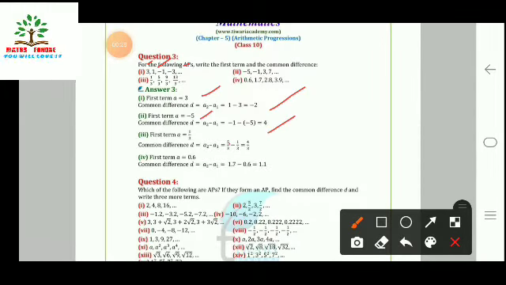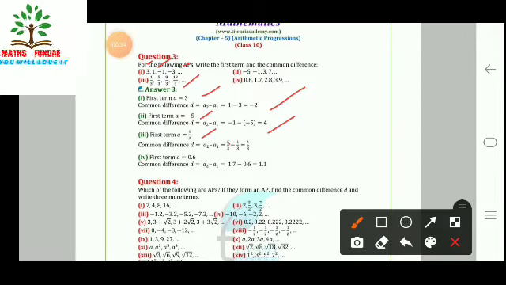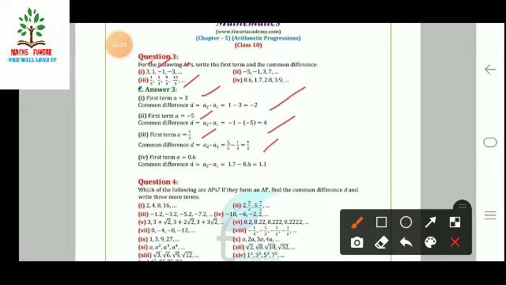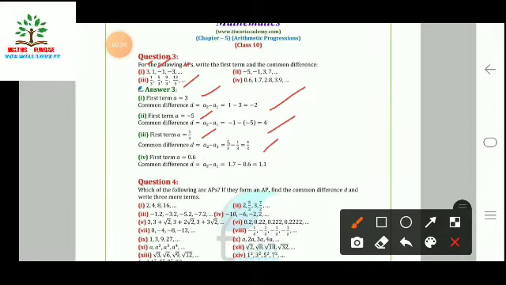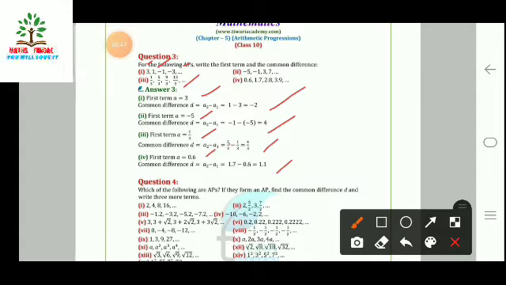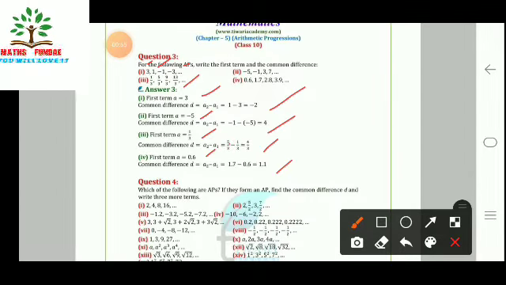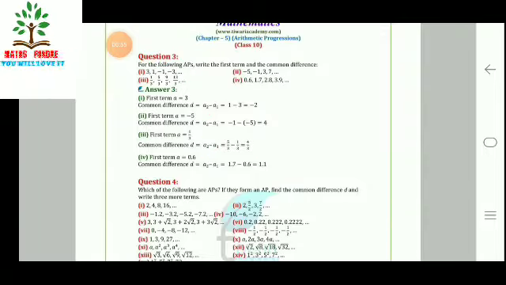And the third is 1 upon 3, 5 upon 3, 9 upon 3, and 13 upon 3. Again we have to find the difference, which is equal to 4 upon 3. Then the fourth is 0.6, 1.7, 2.8, 3.9. So we have here a as 0.6 and the difference is a2 minus a1, that is 1.1. It's very easy, because we just have to find the first term and the common difference. Common difference always means the second term minus the first term, the third term minus the second term, likewise. Now moving towards question number 4.